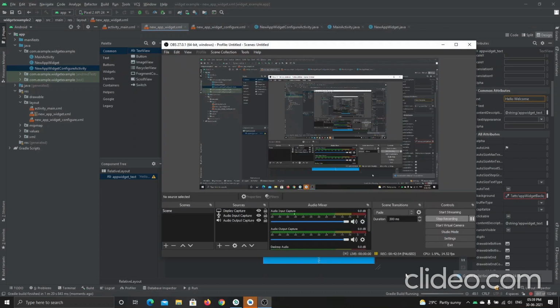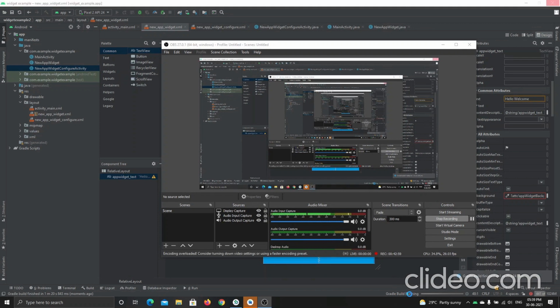The build has been finished. Okay, now the Gradle build has been finished. So, I hope it will launch now. Just wait, it's not responding.